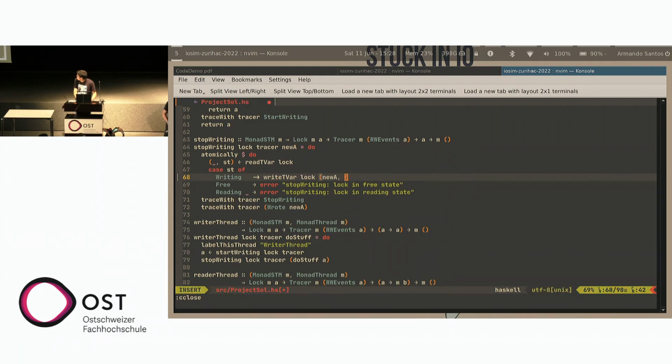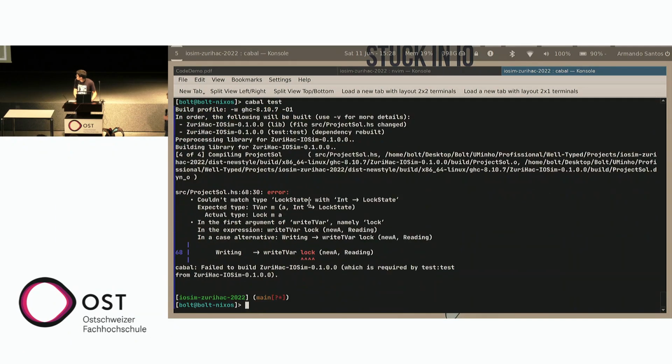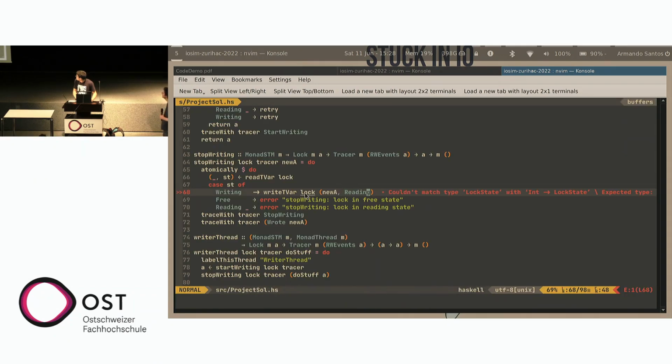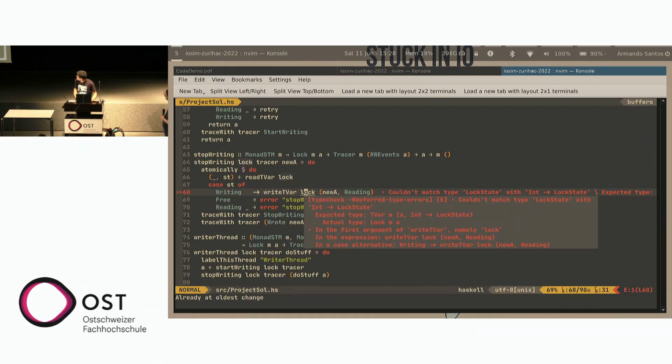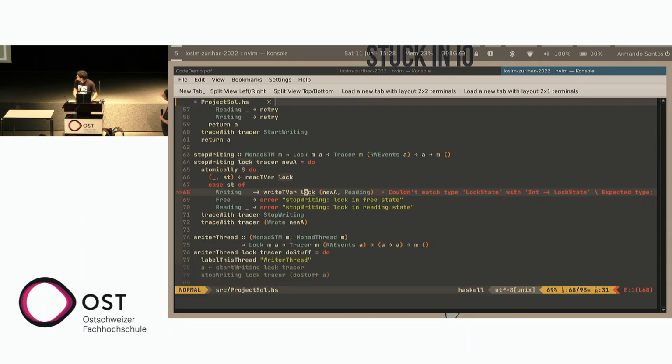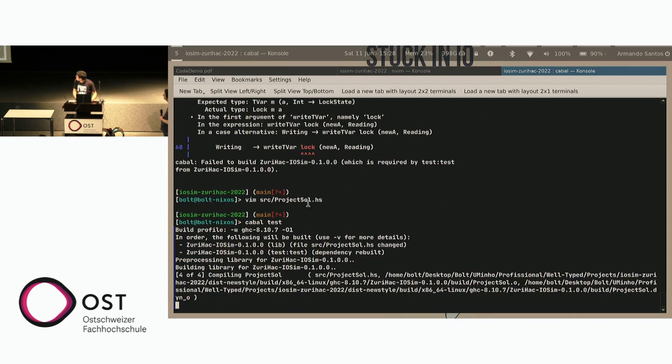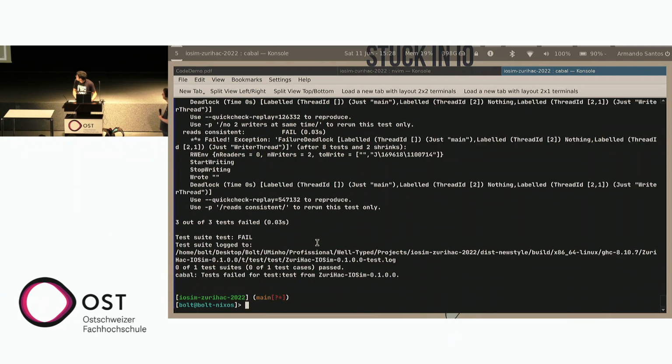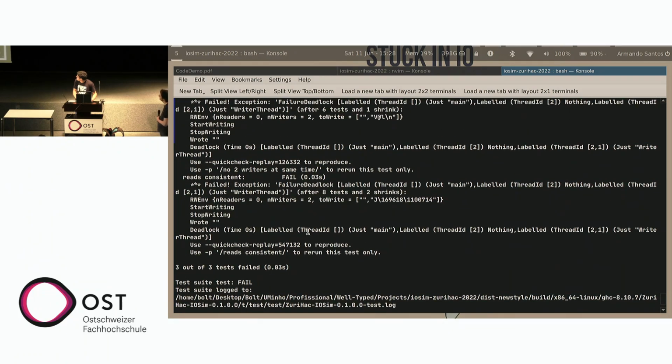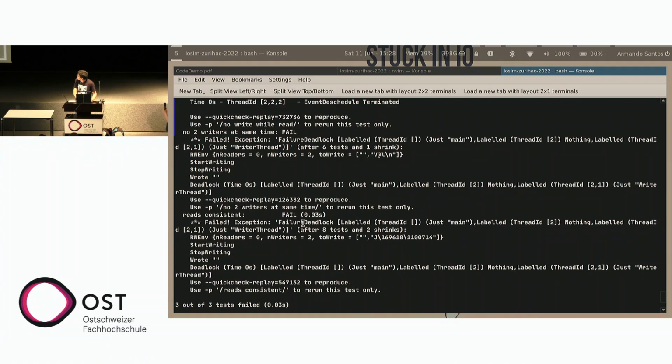So for example, if instead of freeing I would put reading, I'll get some sort of failure. Forgot something. Why is this? Oh, yeah, because I have to put reading and then a number. Yeah, so the test fails with a deadlock as well because I forget to free the state after reading, and